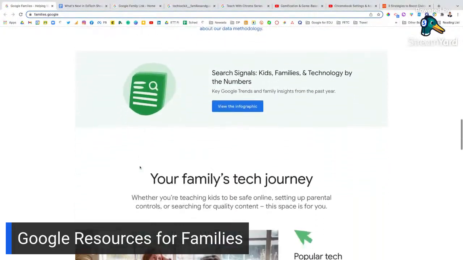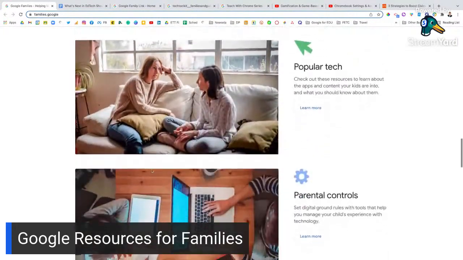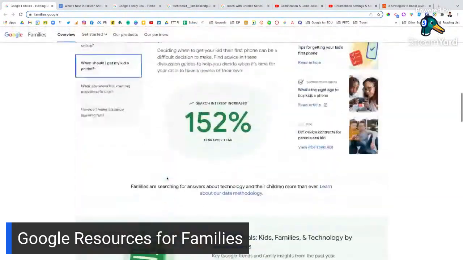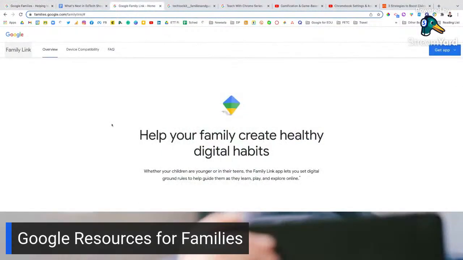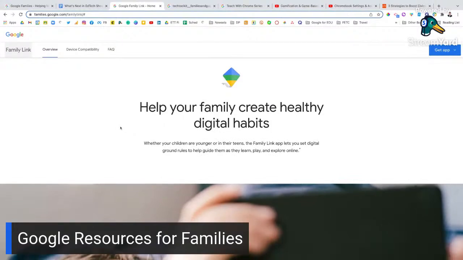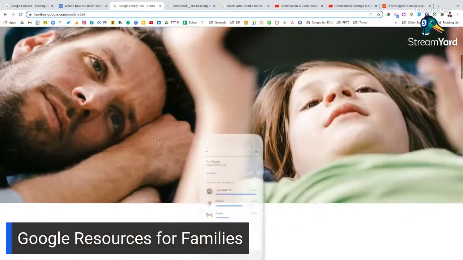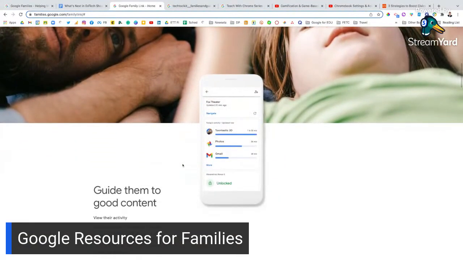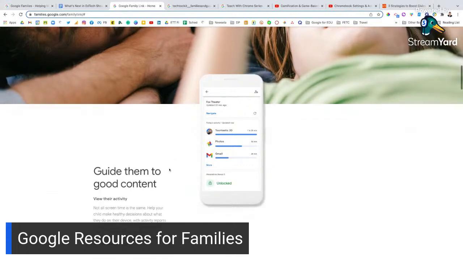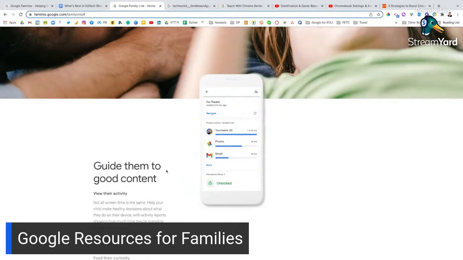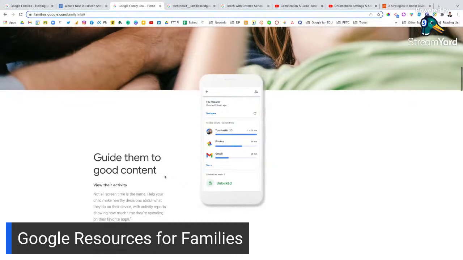Again, not specific to education, but I think it's always helpful to provide these to families when they come up. So the next thing I wanted to share is Google Family Link. Now, this is an app that I actually use myself with my kids. And in a way, it's similar to some of the iOS devices and security features, but this is designed for if you have Android phones or Chromebooks or like a Samsung tablet. So for instance, my kids, they used to have iPads, now they have a Samsung tablet.